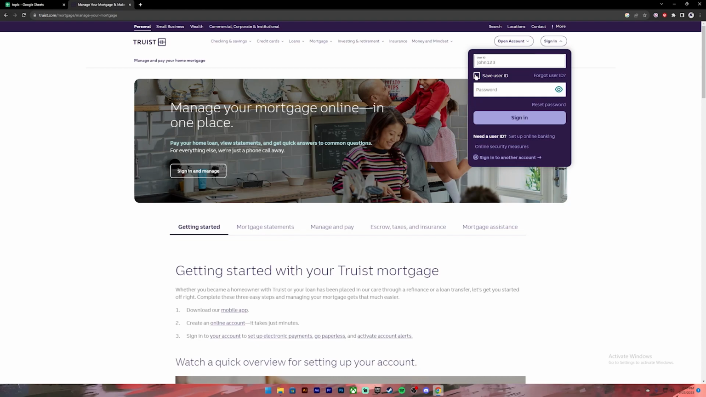And in case you don't remember your user ID, you can click on this link to recover it. Now enter your password. And if you want to recheck your password, you can click on this icon and it will reveal your password. And in case you don't remember your password, you can click on this link to reset it. And if you are new to Truist Bank, you can sign up for a new account by clicking